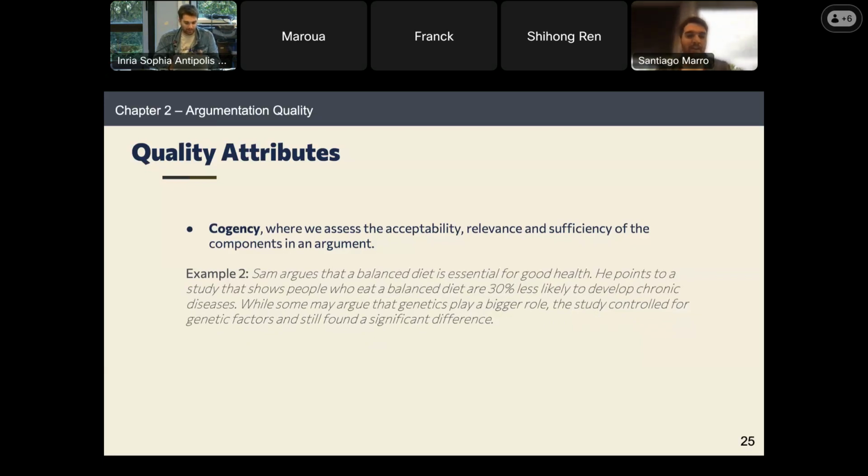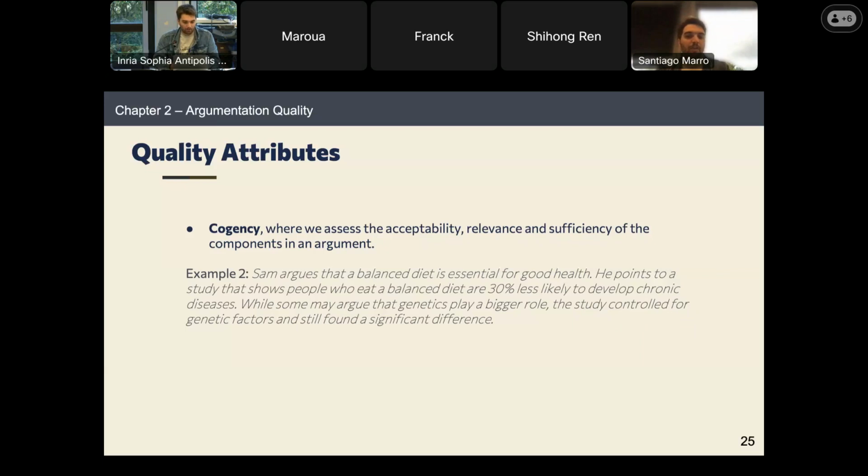However, let's see example 2, where Sam argues that a balanced diet is essential for good health. He points at a study that shows people who eat a balanced diet are 30% less likely to develop chronic diseases. Some may argue that genetics play a bigger role, but the study controlled for genetic factors and still found a significant difference. So this example is the other side of the coin.